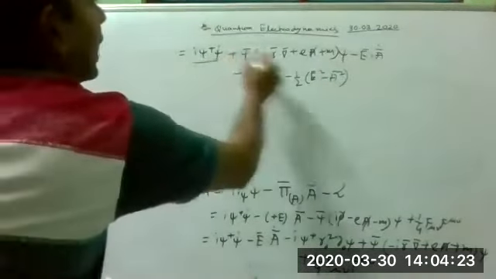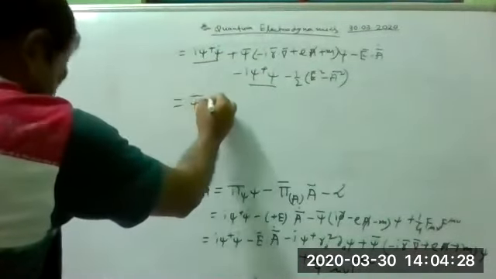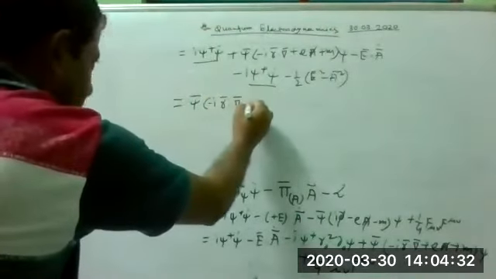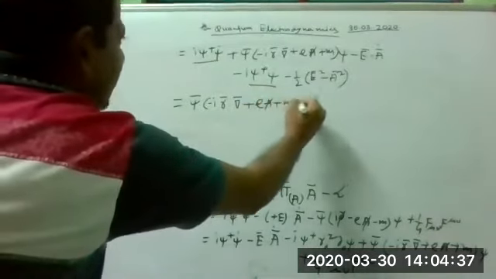So this term and this term cancel out. So this equals psi bar minus i gamma dot nabla plus e A slash plus m of psi